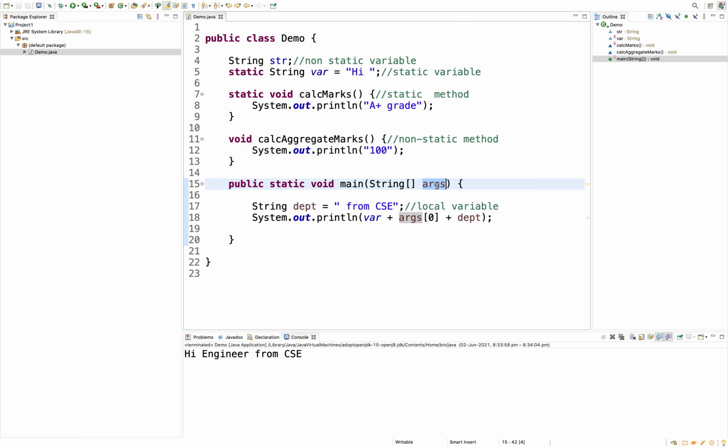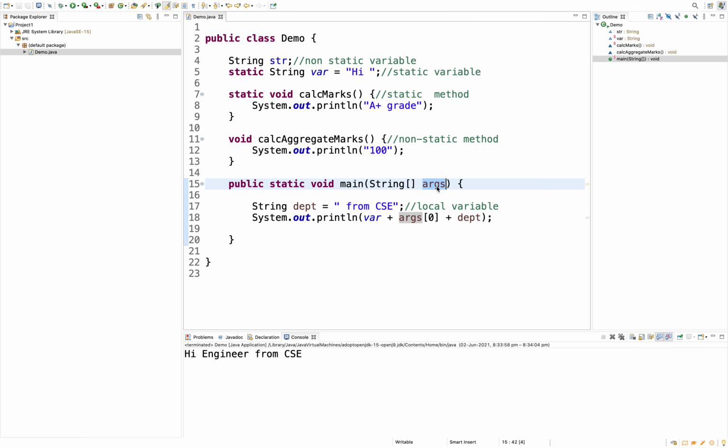That argument is nothing but, say in Eclipse, those are the program arguments, which are nothing but the command line arguments. This command prompt will be running on top of the operating system. So anything in the operating system environment, if that is returning some value, it will be of type string array.